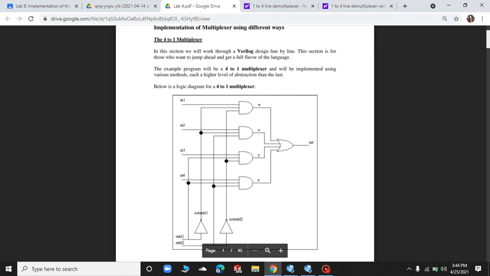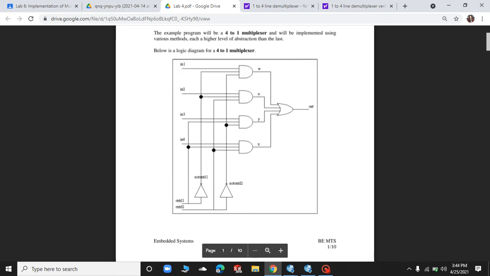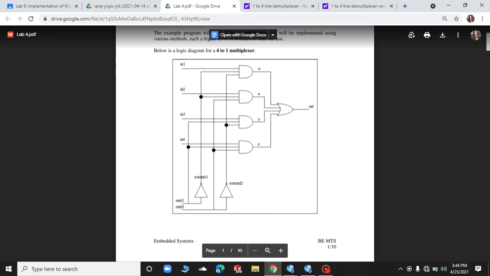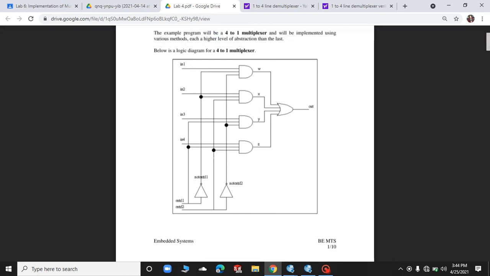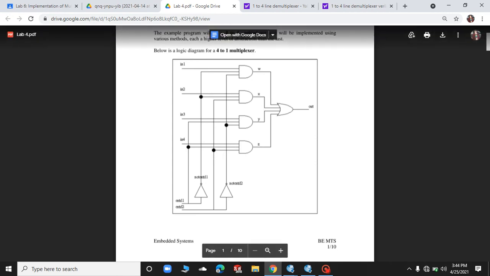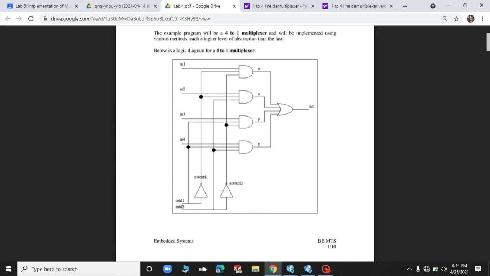In this circuit you can see that when NOT of control 1 is applied, it goes to the X terminal, and when NOT of control 2 is applied, it goes to the Y of the AND. The plain control is applied on the second terminal of this AND gate, and this line is applied to the third terminal of the Z AND gate. Ultimately all these AND gates are connected to the OR gate. You can see over here.